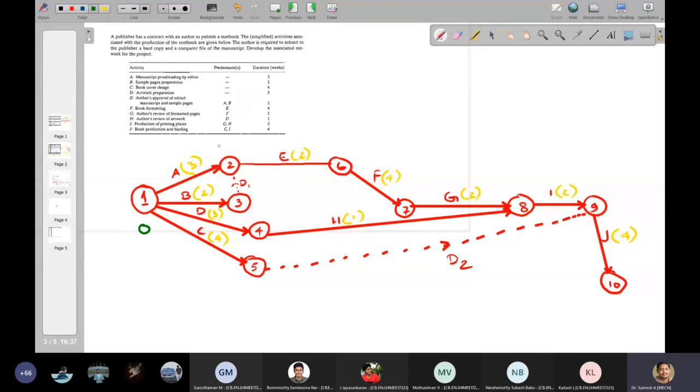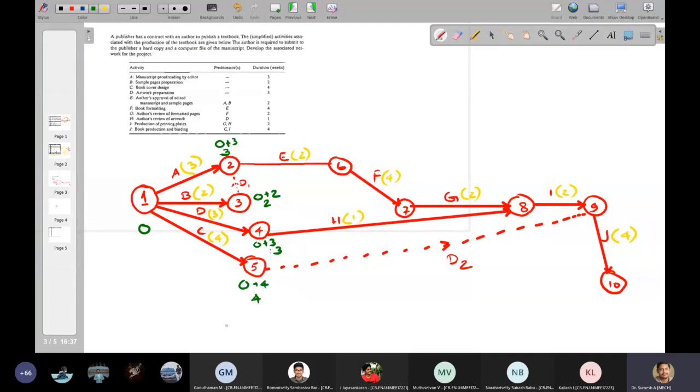Activity B will be finishing at the end of 0 plus 2, that is 2 weeks. Activity D will be finishing at 0 plus 3, that is 3 weeks. And activity C will be finishing at 0 plus 4, at the 4th week.